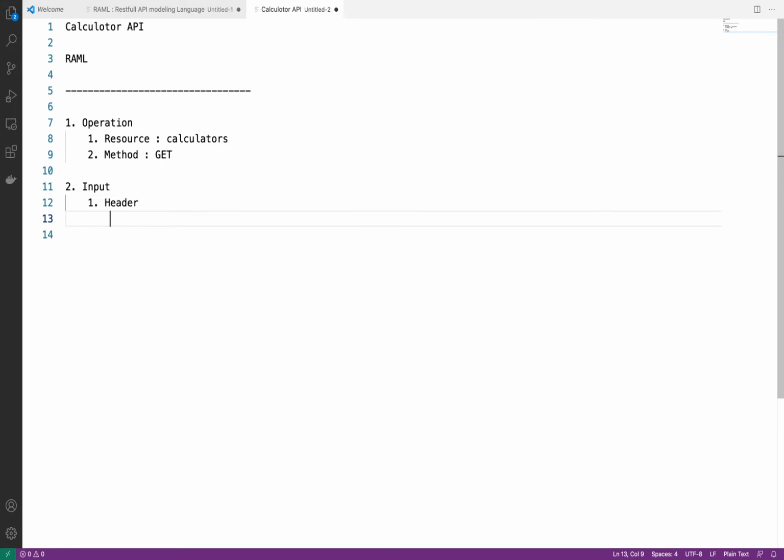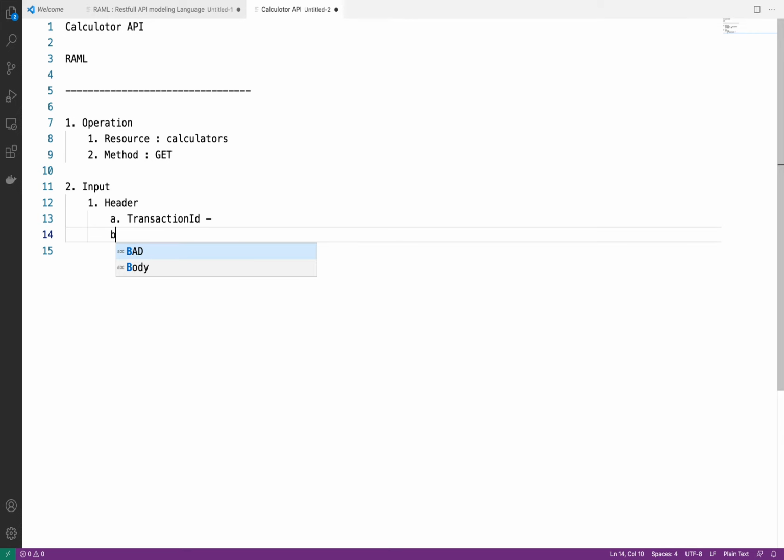I want transaction ID. The data type we will define later. So as a header, we will pass metadata. My first metadata is transaction ID, which we will use for logging and monitoring purposes.